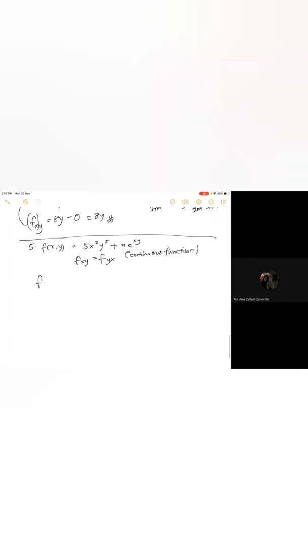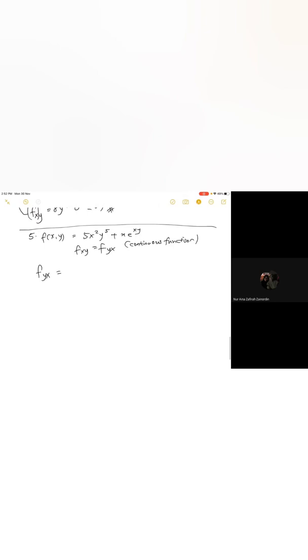So if the function is a continuous function, then your fxy must be equal to fyx. So let's say, earlier we found fxy, now we find fyx instead. It means I want to differentiate with respect to y first and then x. Okay, so fy will be